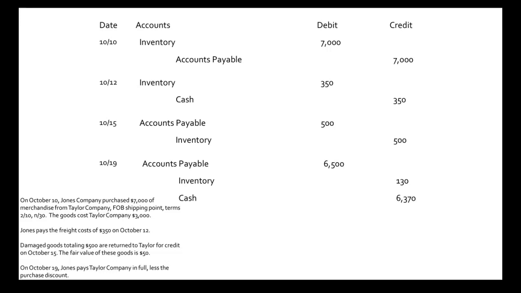Let's say you forget that line of thinking. Remember that your debits and credits have to equal, right? So our debits were 6,500, our credits were 130. We know that our two credits added up need to equal our debited account.